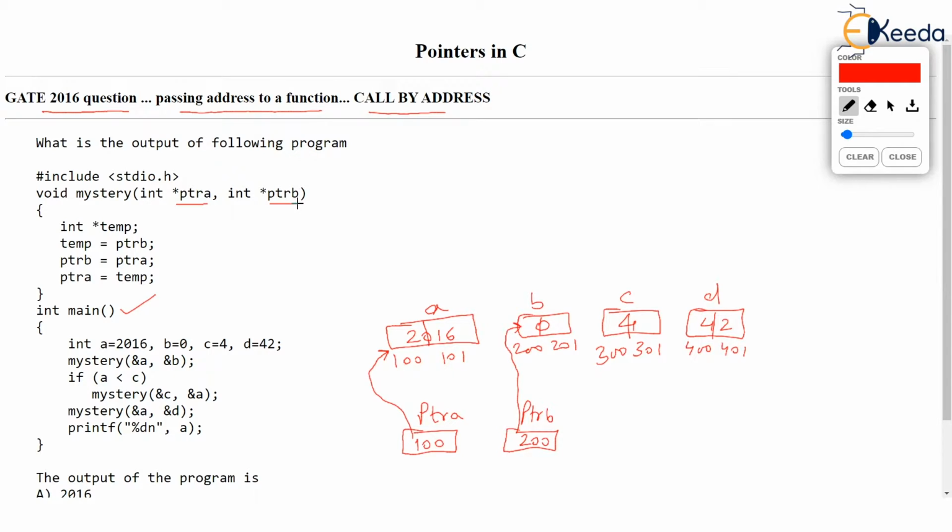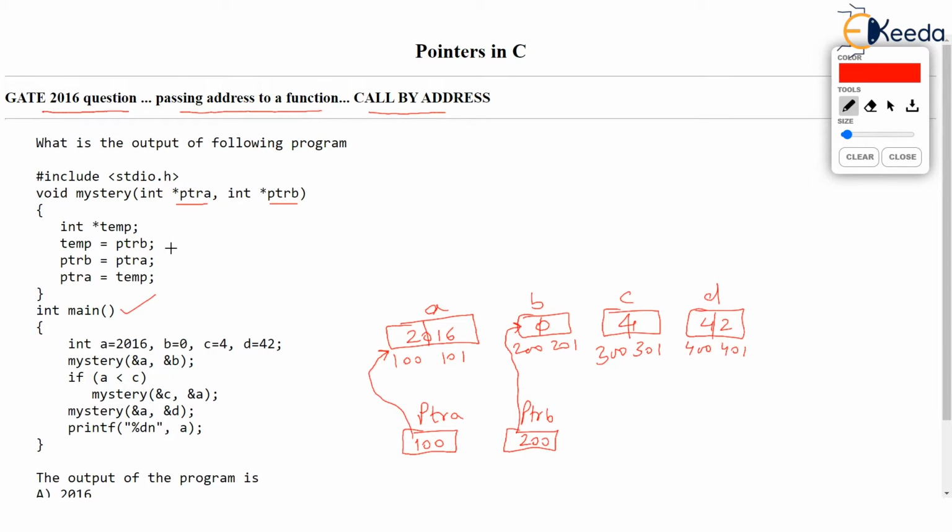Now onwards, inside the function, any reference made to PTRA actually refers to variable A and any reference made to pointer PTRB refers to variable B.